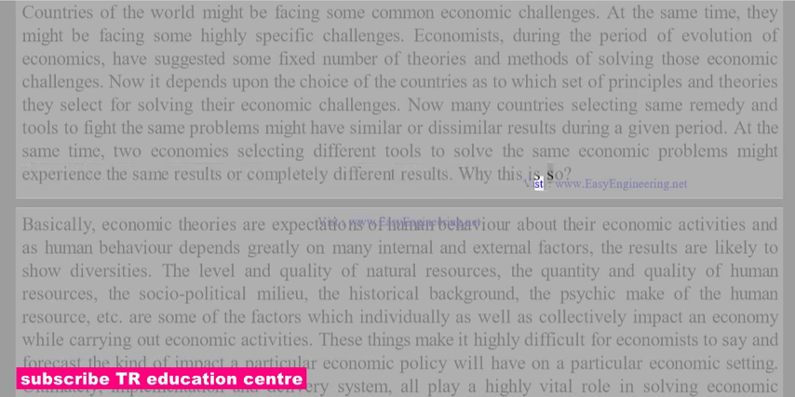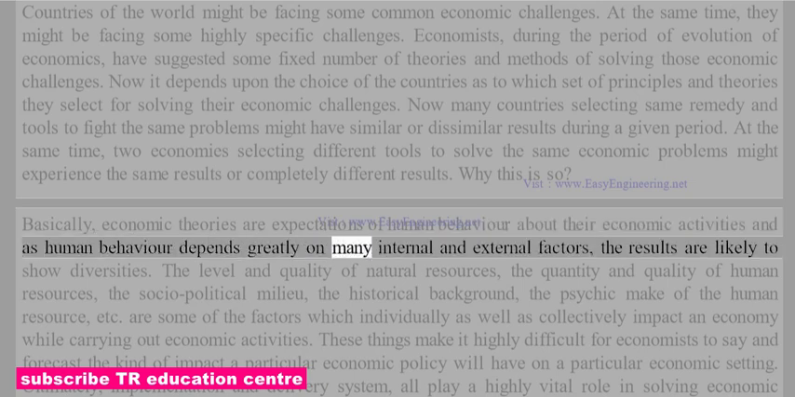Why this we choose send S, O W, www.easyengineering.net. Basically, economic theories are expect VITSI2, NWSWWO.FEHA in Nibiria NHG.NA we share about their economic activities, and as human behavior depends greatly on many internal and